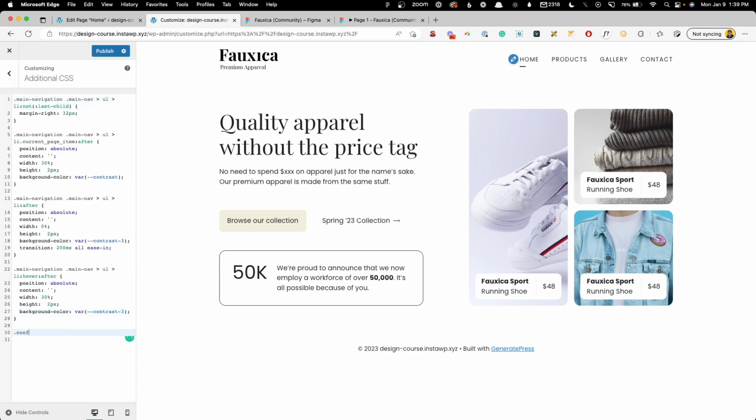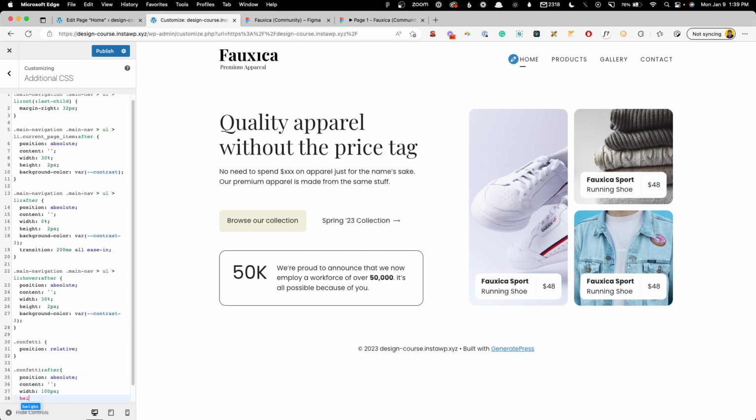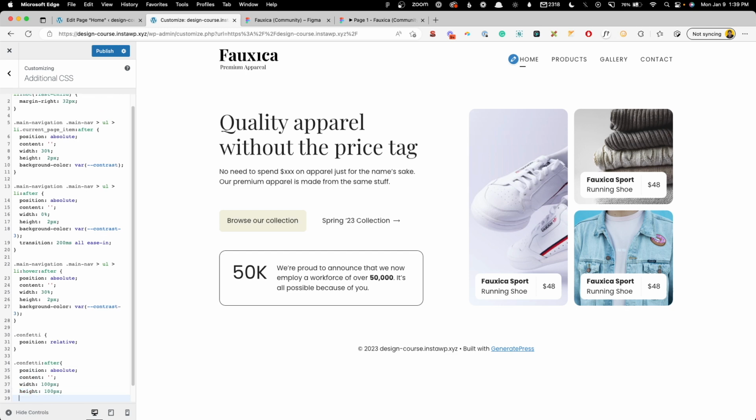First, for the confetti, we'll set the position to relative, which you can do in the UI now. I'm just a creature of habit and have been doing it this way for so long. Then we need to do confetti after and set the position to absolute. We need to set the content to a blank string here. We'll set the width to maybe 100 pixels, the height to 100 pixels,